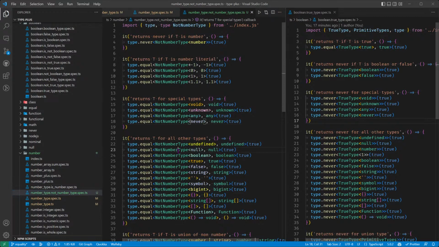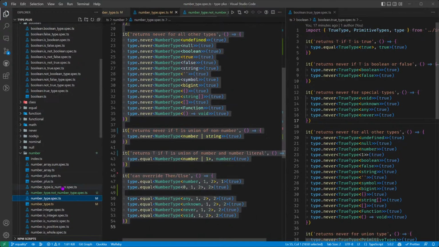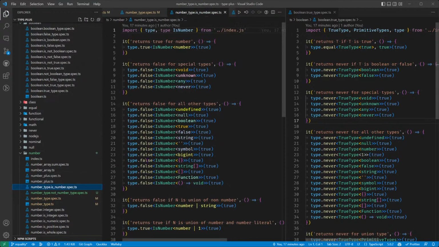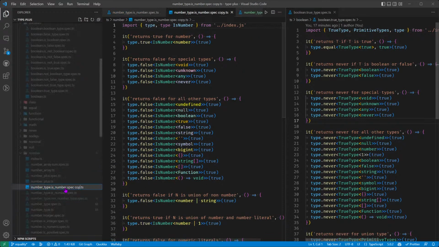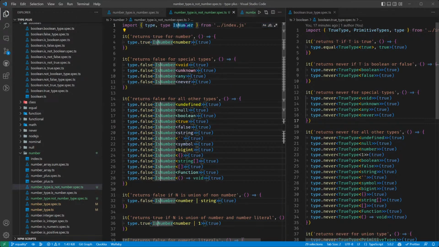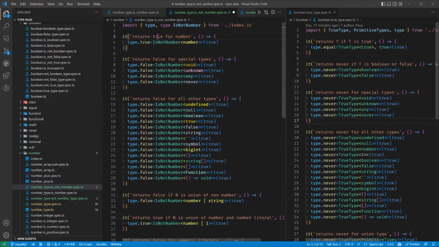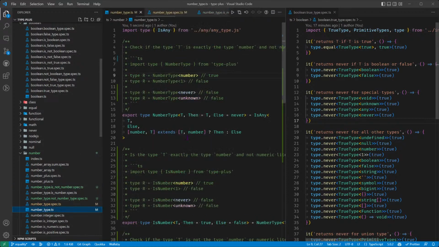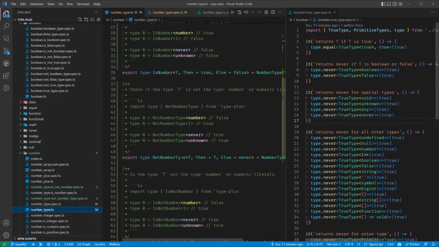Seems like it. Okay, so now with that I have this number. The only thing I miss is not number. Is not number. If it is not number, this will return false. Why is it true? What's going on? Okay, I think